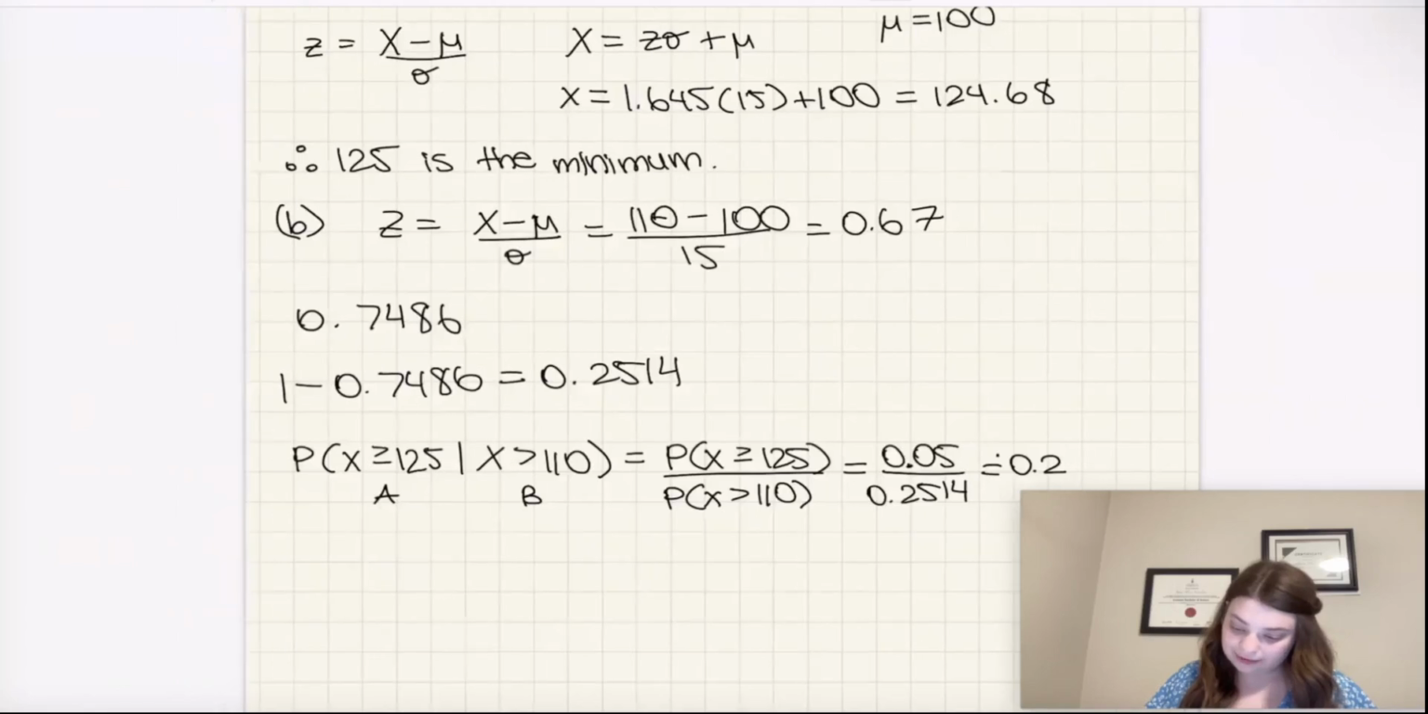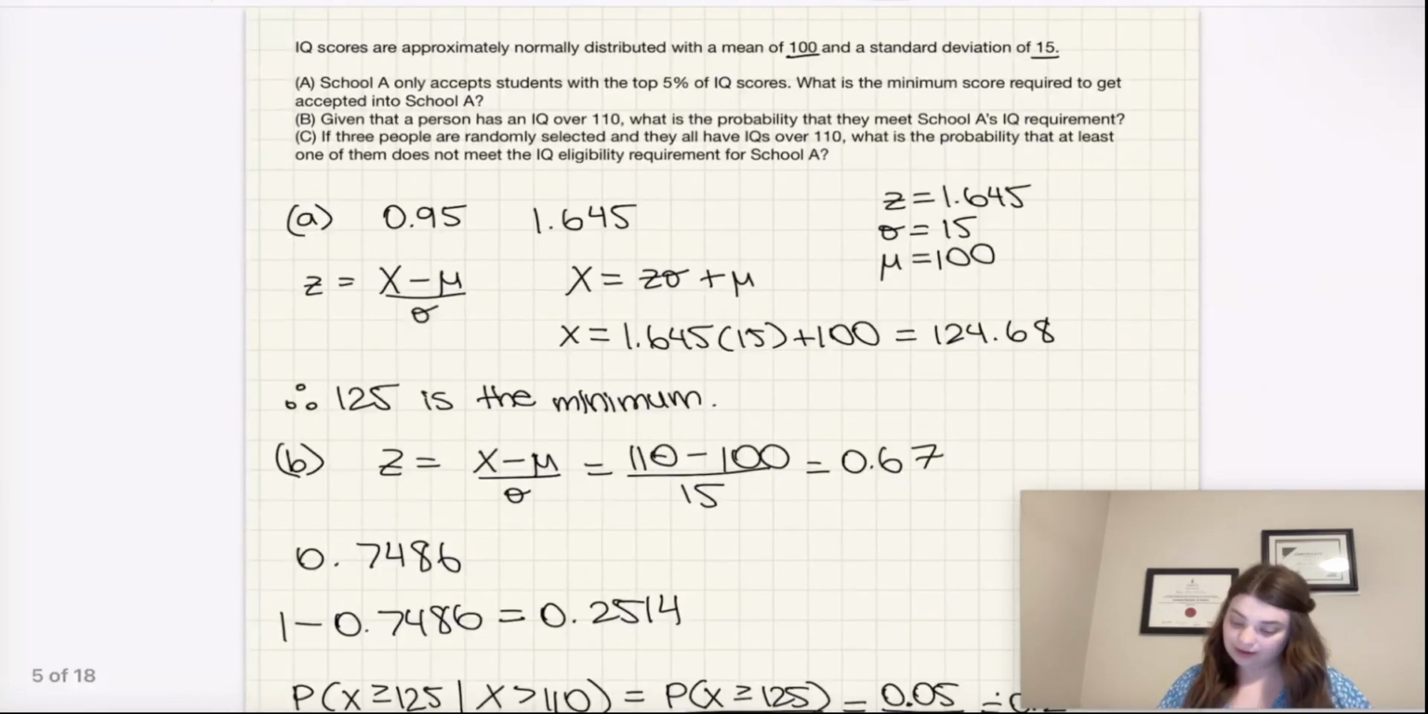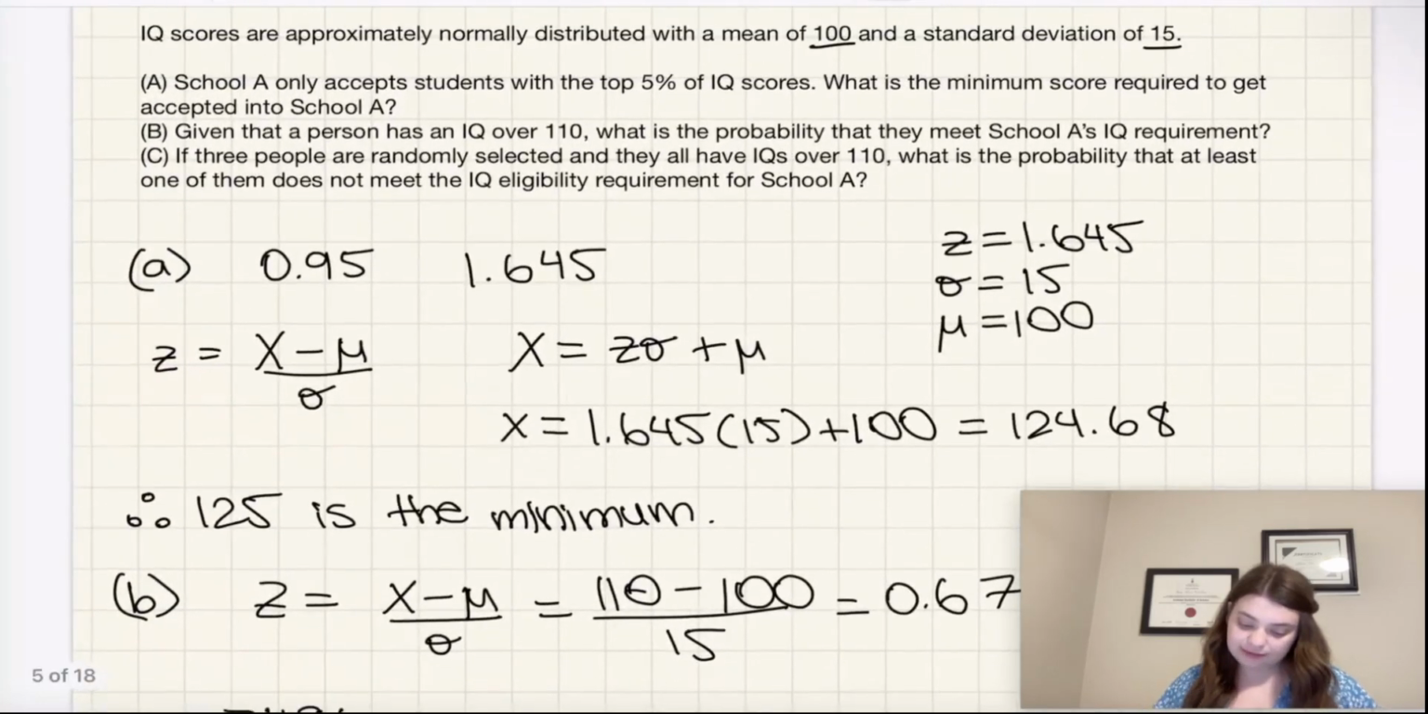Okay, so a lot better than before, right? Much better than the 5% chance of all the students, but still not that great a chance. There's going to be a lot of students who have a score greater than 110, but not as high as the 125 requirement. Okay, Part C says, if 3 people are randomly selected and they all have IQ scores over 110,